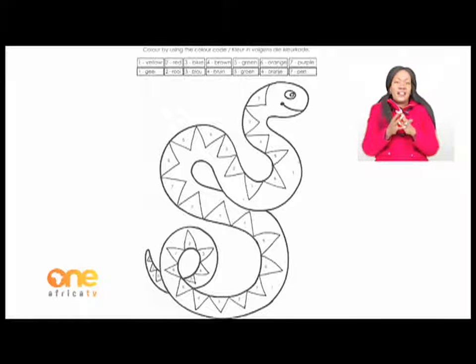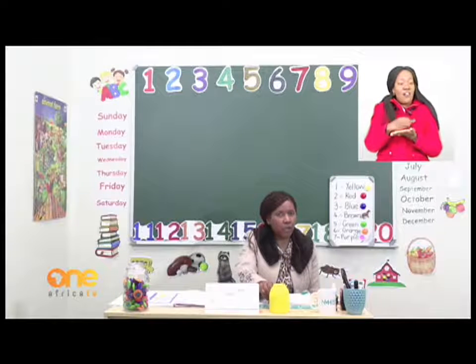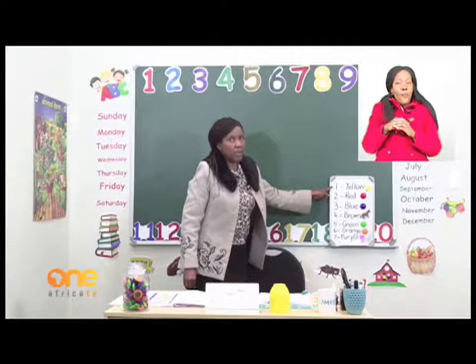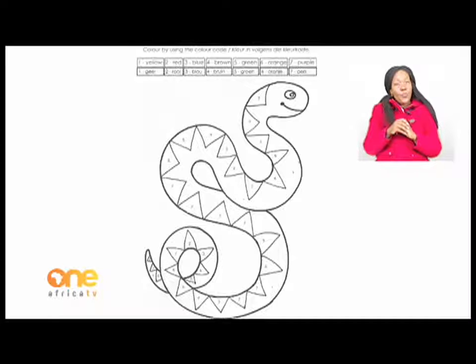Now let's look in the blocks right on top of page 22. Number 1 says, on number 1 you need to color yellow. Do you know which color is yellow? I will show you which color is yellow. I have a yellow mug. If you look on the board, yellow, I've got yellow blocks, and for number 1 we must color yellow. So look back on page 22 of your booklet and look for all number 1s on the snake and color